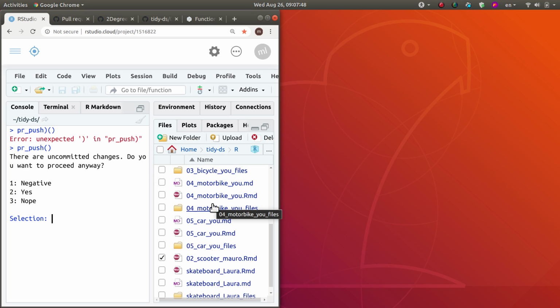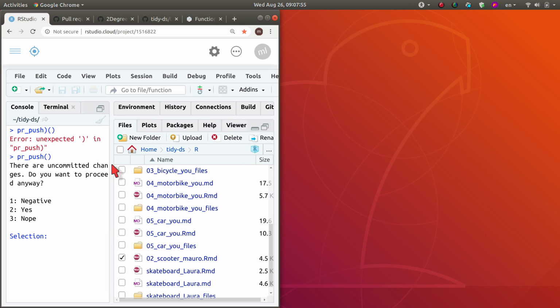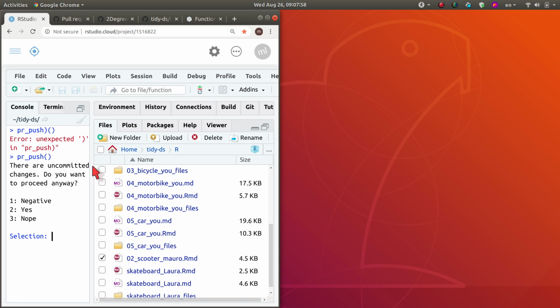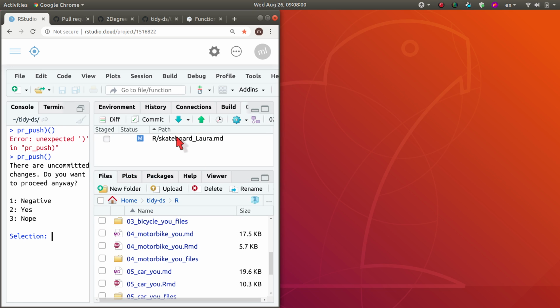Oh, it's saying that there are uncommitted changes. That's a good kind of error to debug live. So what's happening here is that I asked to push stuff, but in the Git pane, as you can see, I have some changes that have happened that I have not committed. So this file appears as modified. There is a file in the staging area that has changed. It was put in the staging area by Laura, and now it is available there. But Git records that it has been changed. Why? Because I opened her file and I hit knit, so I kind of refreshed her